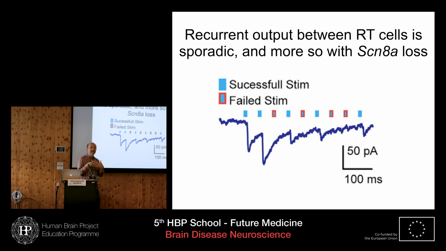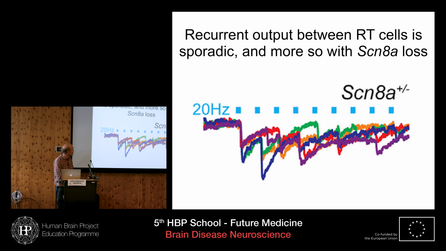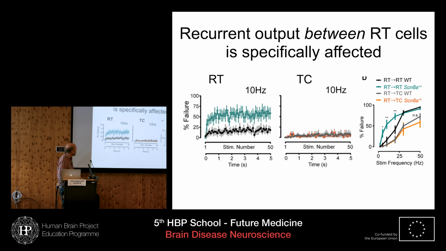This part of the network, which we think is the most important one in regulating the synchrony in the network, is fragile, and it's more fragile in the presence of this loss of 8A. So you can see here's repeated trials in different colors, and you can see on no individual trial was it 100% successful. It's stochastic. Here on the purple trace, it responded here, here, here, and here, but not through here and here. And here, the green trace, you see a different outcome. But overall, in the 8A mutants, they were much less able to sustain this activity.